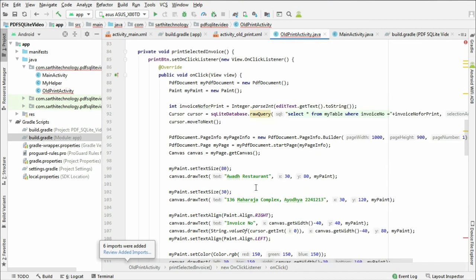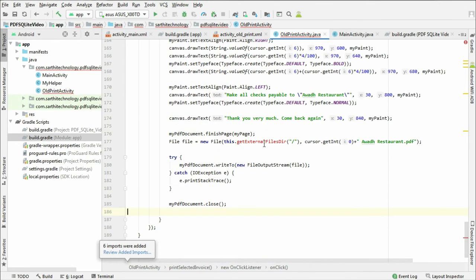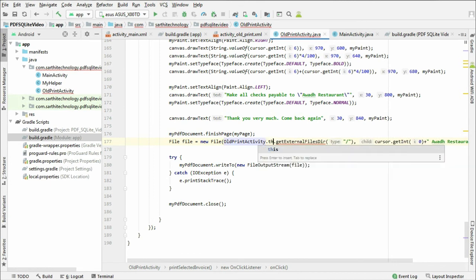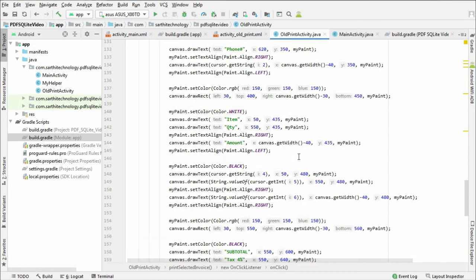Now we need to do some minor changes. We will do one by one. Instead of this, use print activity dot this dot get external file dir. So I think everything is done.